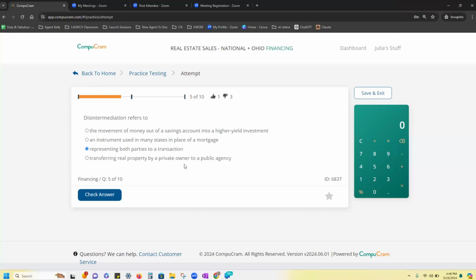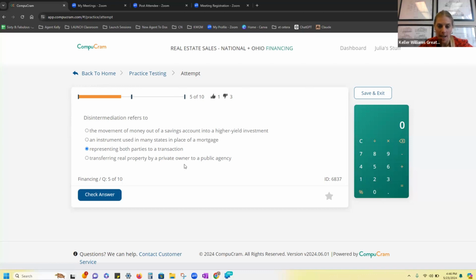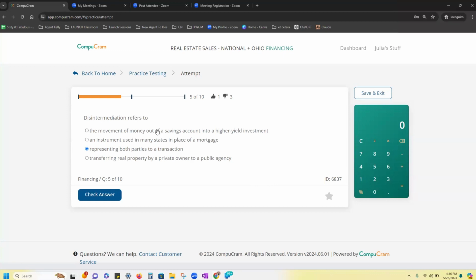So disintermediation refers to A, the movement of money out of a savings account into a higher yield investment, B, an instrument used in many states in place of a mortgage, representing both parties to a transaction, or D, transferring real property by a private owner to a public agency. Which one is best? Disintermediation refers to